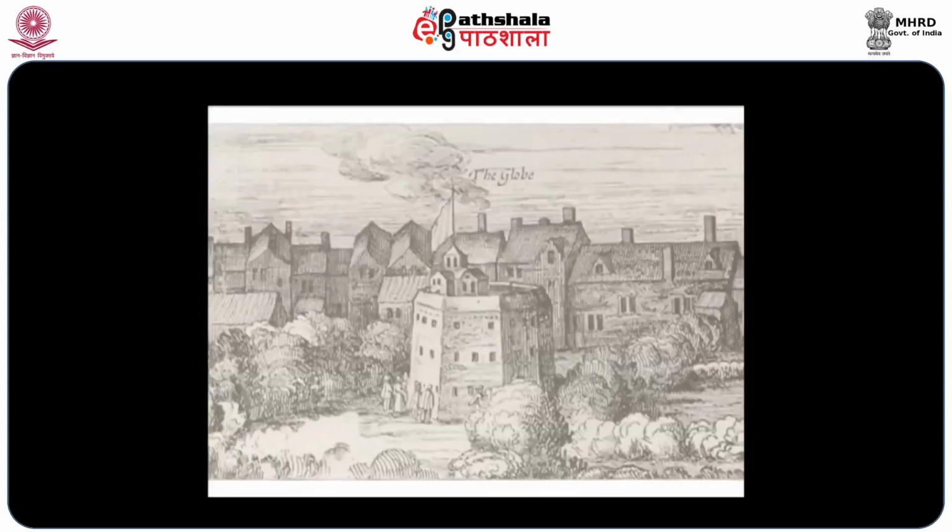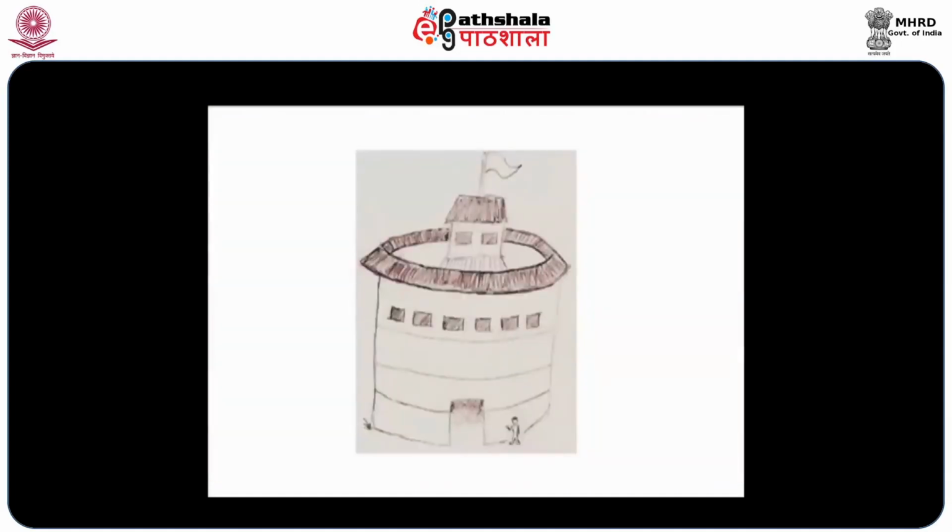Shakespeare's theater was called the Globe. It was a round building. Shakespeare called it the Wooden O. Like a stadium, it was open air in the middle, with a thatched roof around. One thing they didn't have was artificial lighting, so all productions took place in the afternoon.